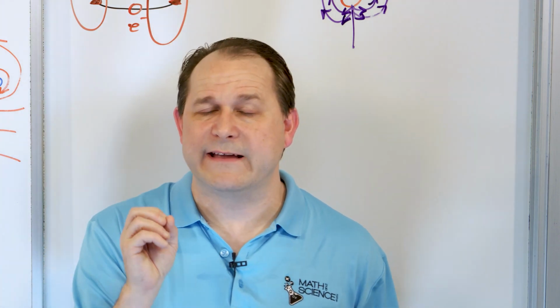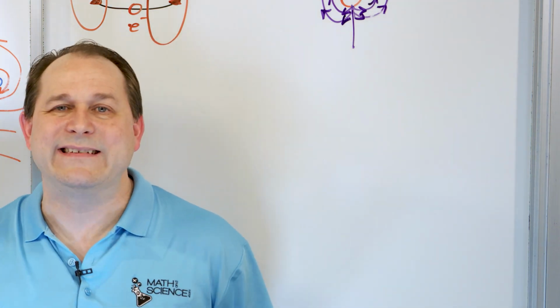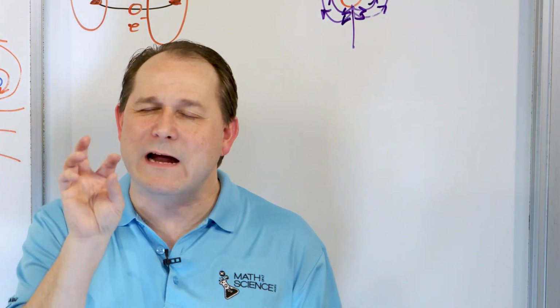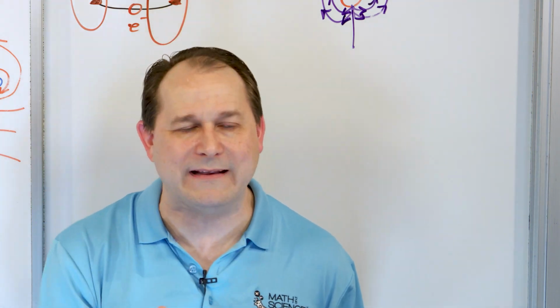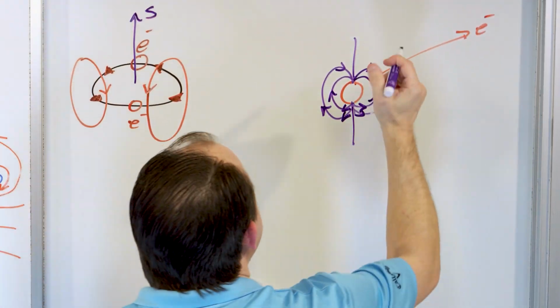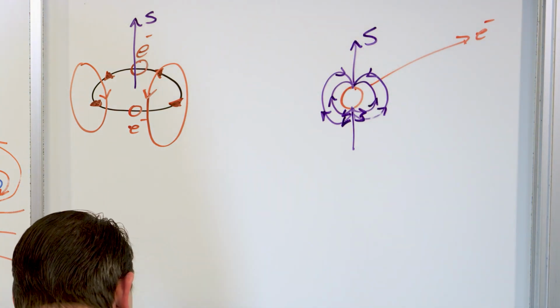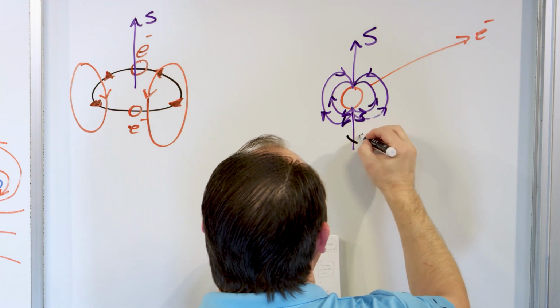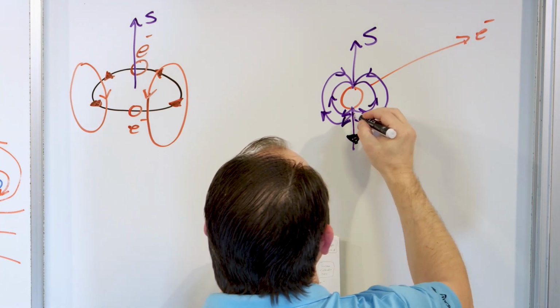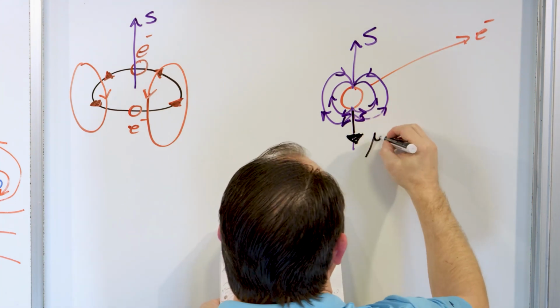But more dominant than that is that the electron, even just by itself, spins all the time. Now, it's not really a ball spinning, but it has angular momentum, right? It has angular momentum, and so it has a spin axis we can label here. And then it has what we call a magnetic moment, which is going to point down. This magnetic moment of the electron points down. We call it